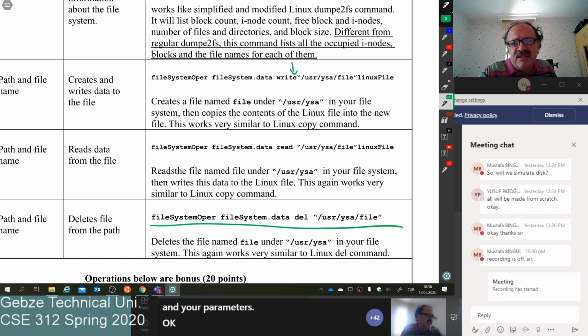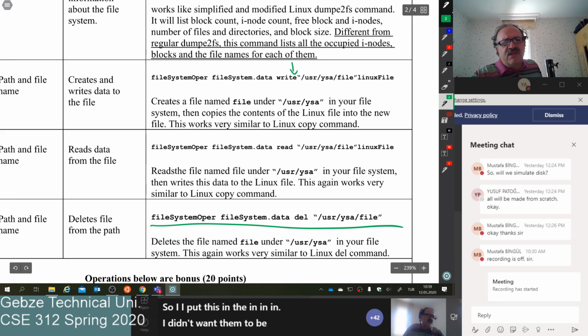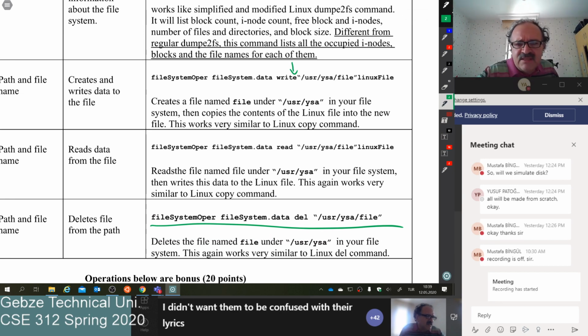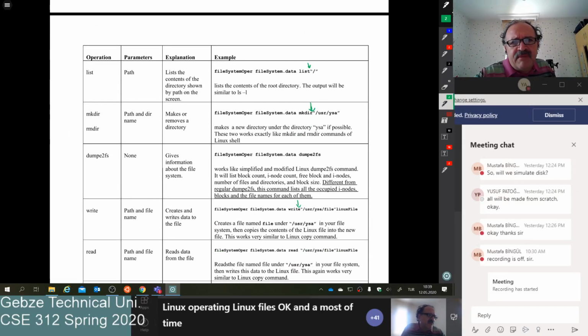So I put these in quotes. I don't want them to be confused with the Linux files. Okay. And most of the time what you're going to do is you'll get a parameter and you will perform whatever it is. Sometimes you need to copy